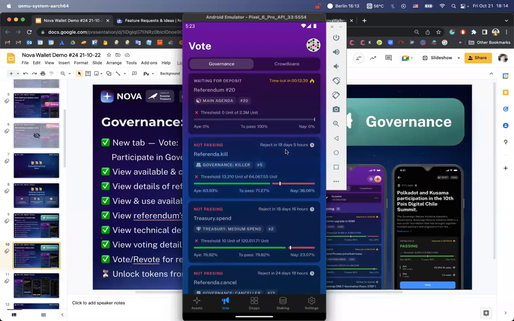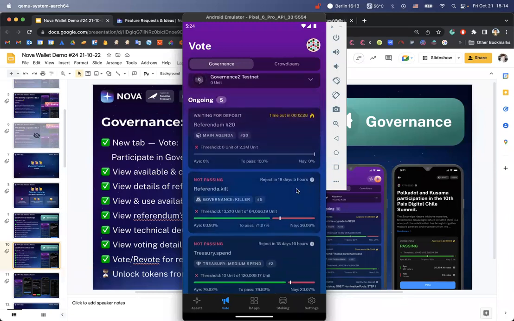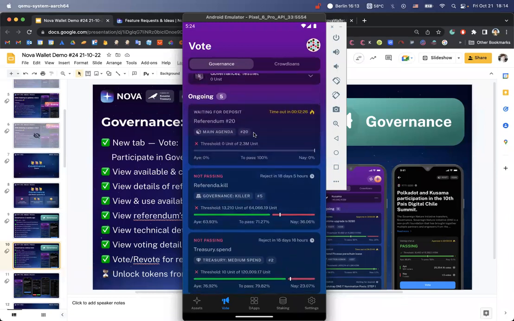So you can see that if not passing does not pass the voting, then it will be rejected in 18 days, 5 hours, right? At the same time, you can see that this referendum was submitted by somebody on the blockchain, but that person has not paid for the deposit. So if that stays the case, then this referendum will just time out and disappear from this list